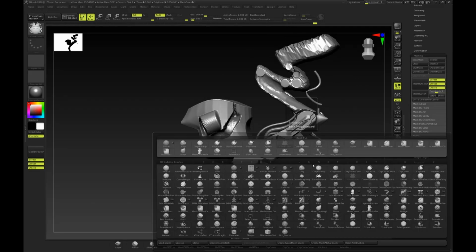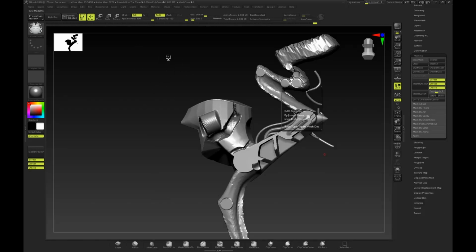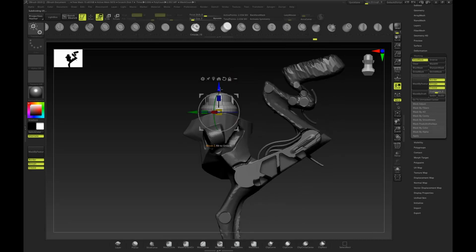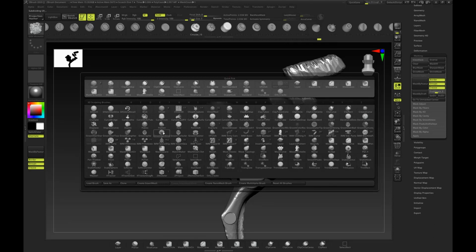And the very last brushes, for example, are obviously Insert Mesh, so it's good for kit bashing something on your creation. And also